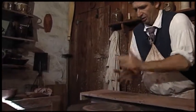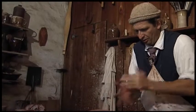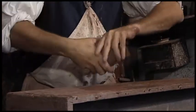Well, the first thing we do is I cut the clay, and then we do what is called wedging, and this is basically me rolling out the clay. It's kind of like if you've ever made bread and you have to knead the dough to get rid of the air bubbles, make it a little more elastic. I've got to do the same thing with the clay. Once that's done, we'll beat it into a ball, and the one we're using here today is probably about 2